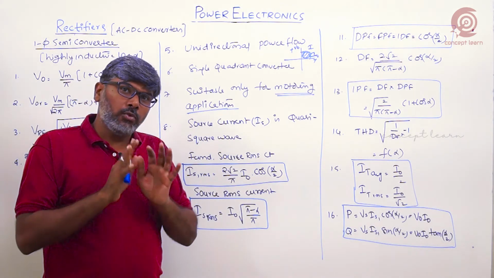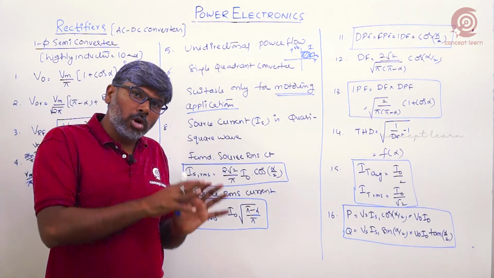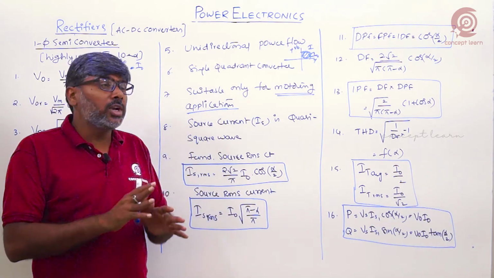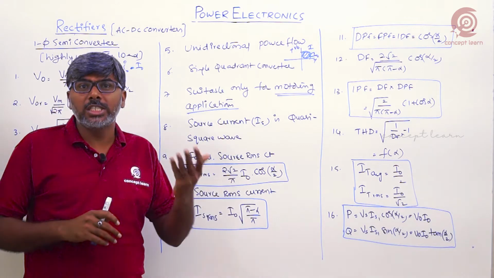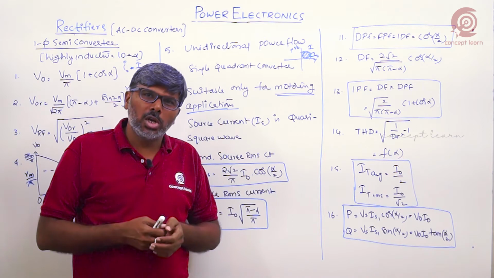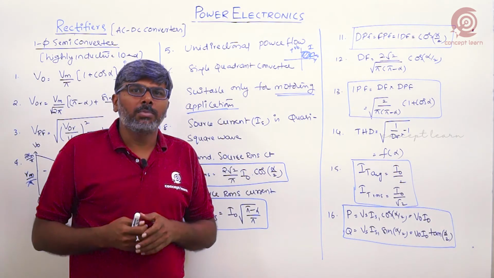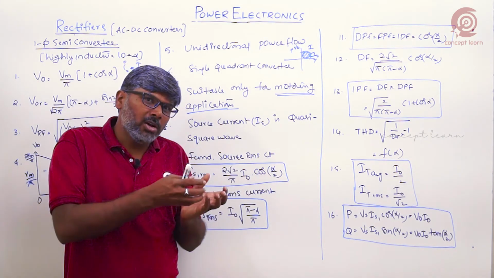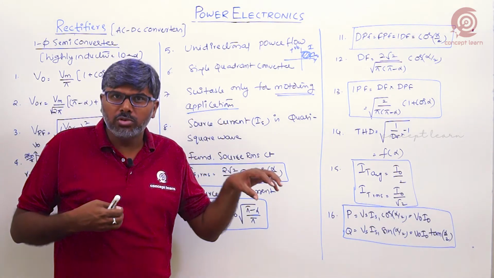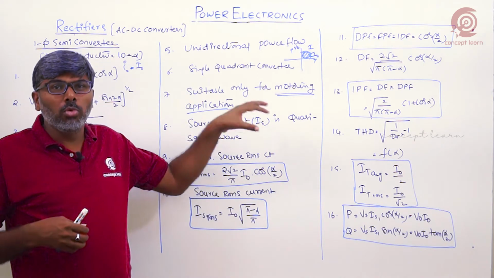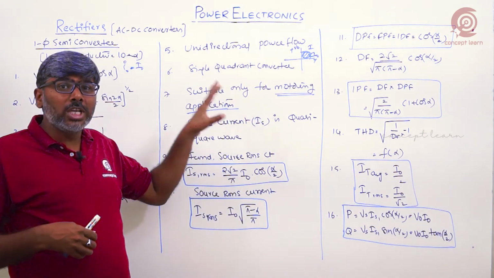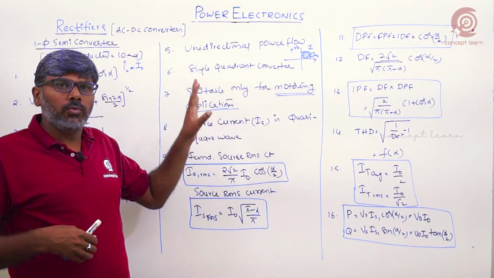Even though the full converter gives motoring as well as braking, if your requirement is only motoring, definitely go with the semi converter instead of the full converter, because the semi converter gives more power to the load from the supply, whereas in the full converter some part of the power will be fed back to the source, right? Definitely the load power will be reduced there, whereas in this case load power will be more. So if your requirement is motoring, go with only the semi converter rather than the full converter.